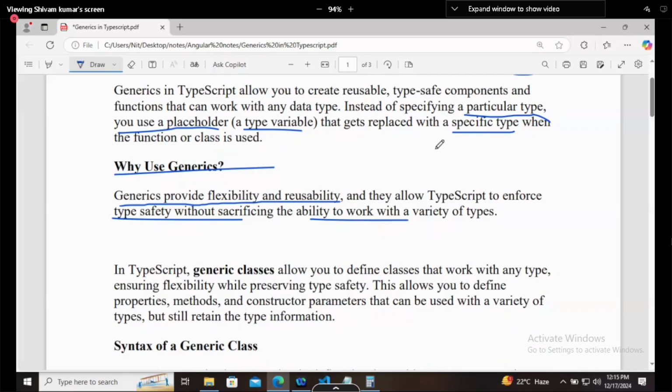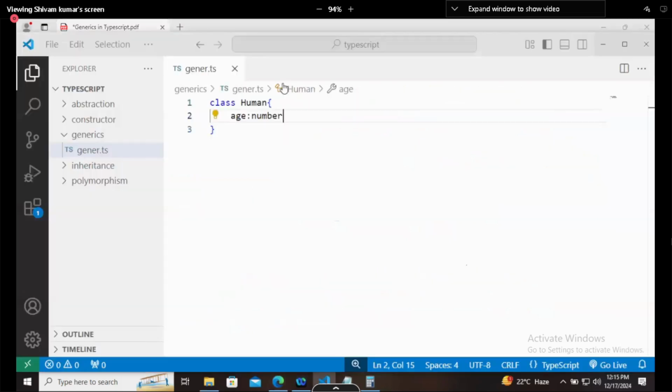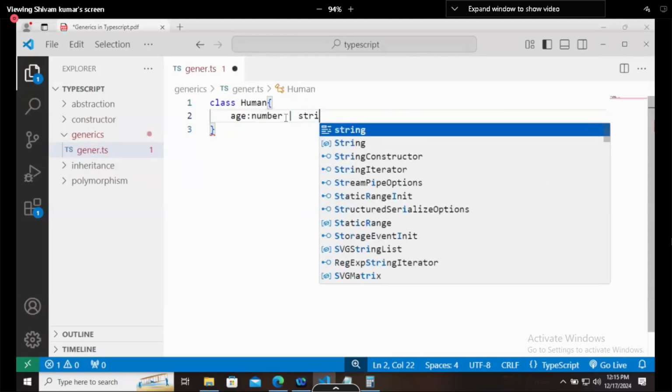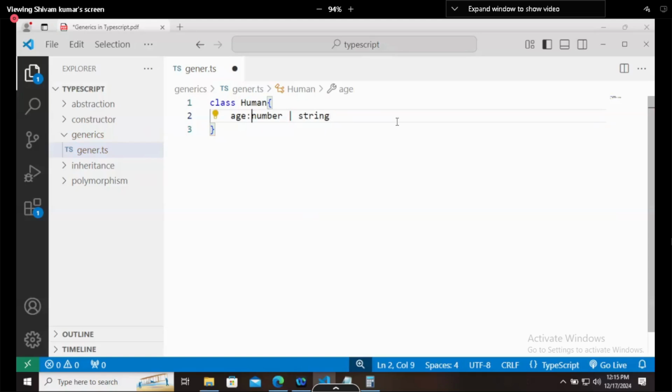Let's say age is there; it will accept values in number format and also string format. What were we doing in union? We used the or operator, so age can be a number or string. Now we can replace this part with generics.